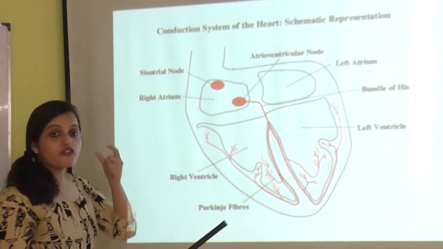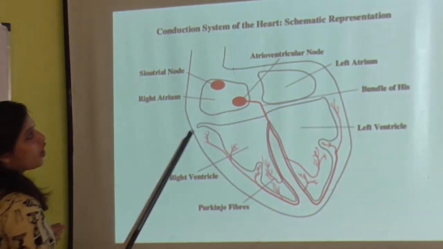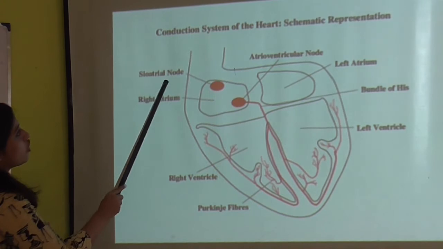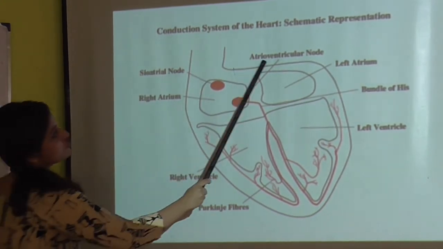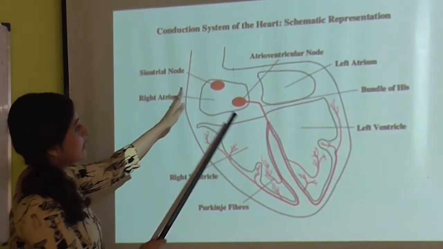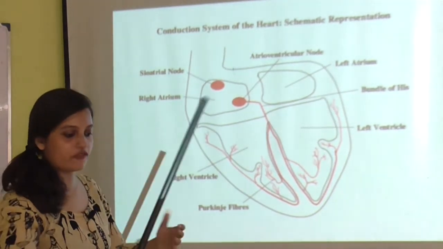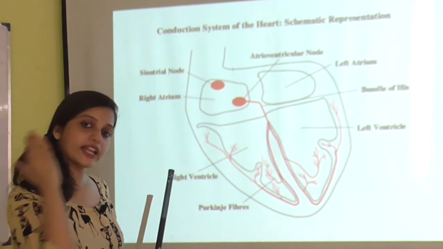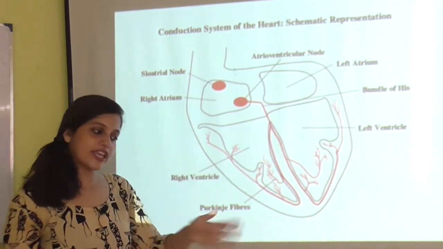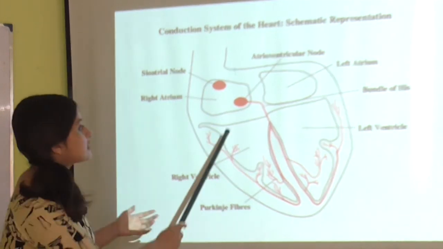Okay. Another structure present in your body is the AV node, or atrioventricular node, and this is the sinoatrial node. So what is the work of the AV node? It works as a gatekeeper. If you have a gateman in front of your home, a person who is going to enter your house enters only after getting permission from the gateman. If the gateman says, okay, you are allowed to enter, then only the person can enter your home. The same happens here. It is like a gatekeeper.